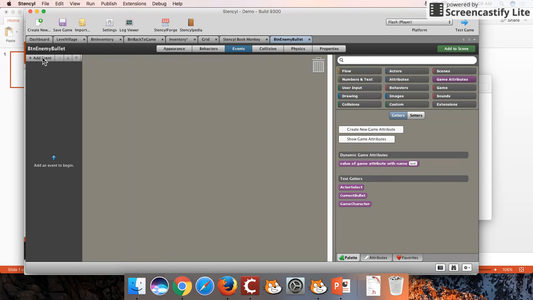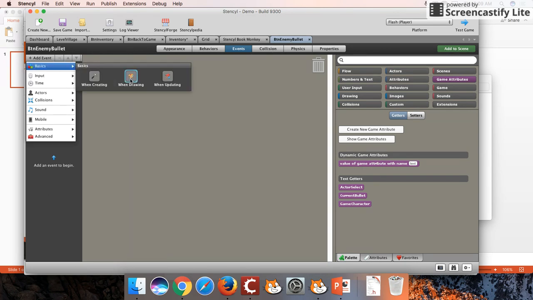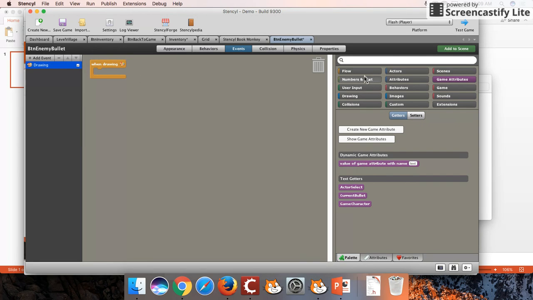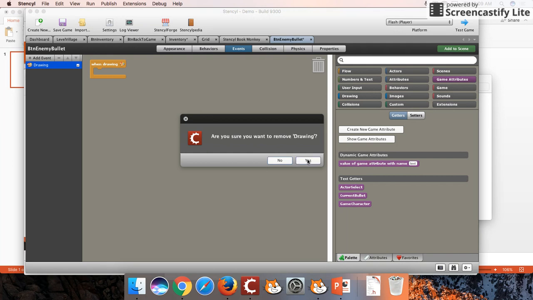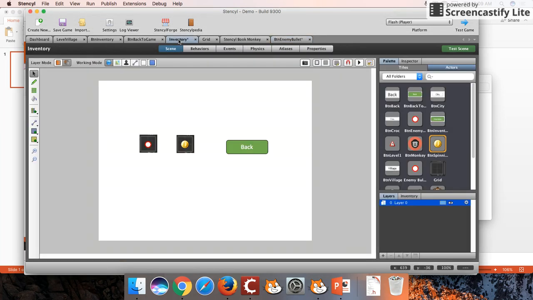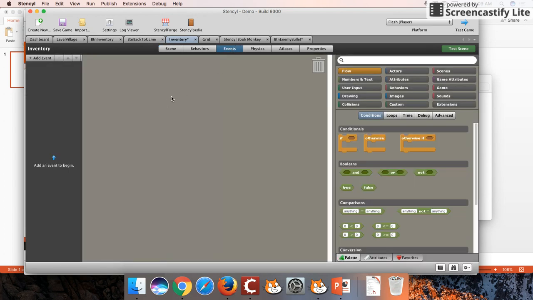And we're going to do a when drawing event here. Oh, actually, we don't need to do that here. We need to do that in our inventory. Right, so we're going to create an event here. What I want to do is create a little border around here so we know which button we've selected. And we're going to be adding some extra code to switch between the two. So events,